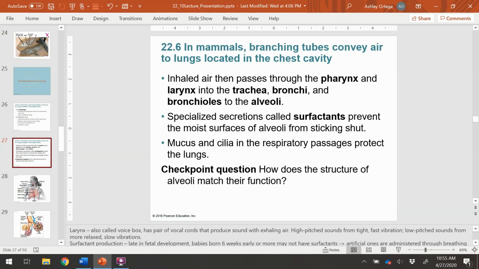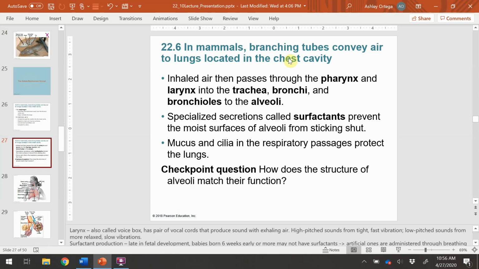In terms of cells, for the respiratory system, we'll see the squamous cells are going to be for exchange, but other cells that lead to the lungs will have mucus and cilia that will help protect it. And so the cilia will be those hair-like extensions that'll help move foreign particles out of the lungs along with mucus.